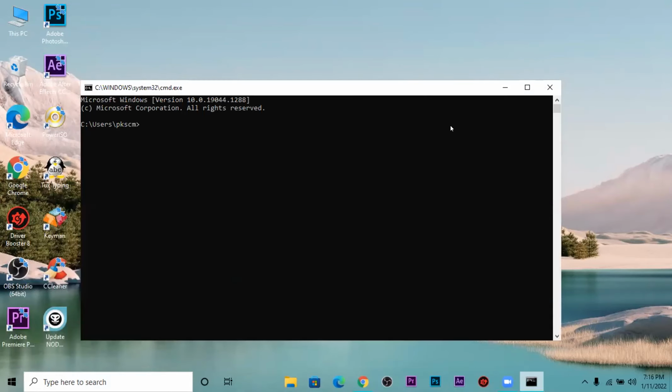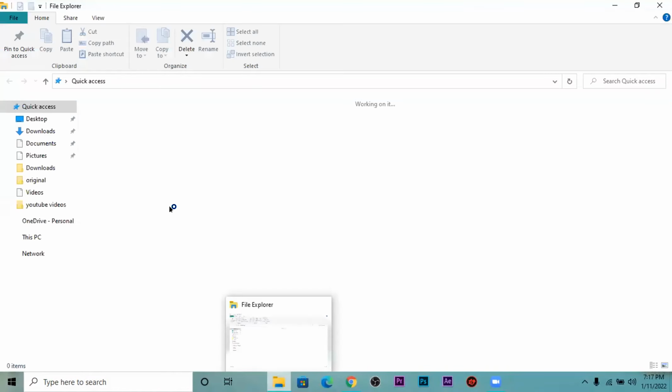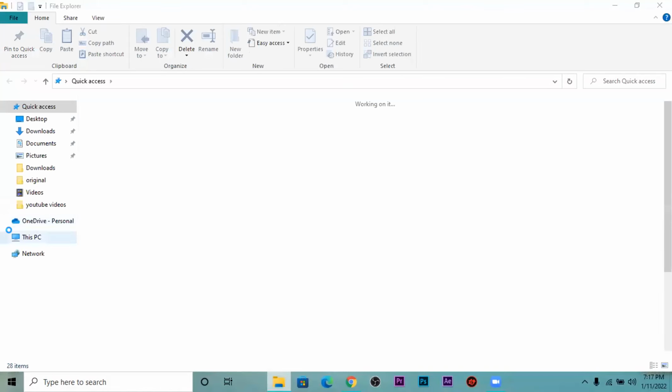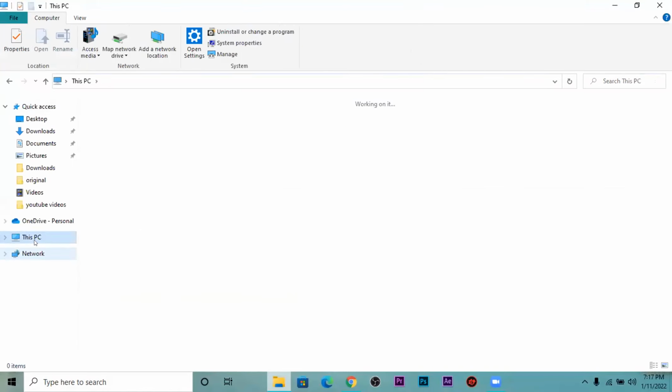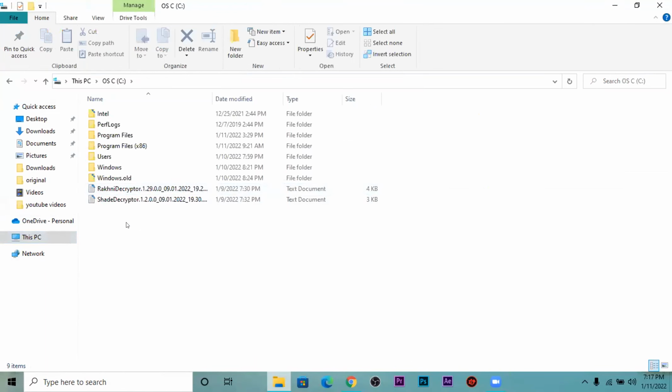Method number 3: you can open the File Explorer with the Windows key and E key, or you can click on that yellow color icon. You will see this. Then you can go to any location that you like. Let's go to the C drive, Pute. Double click on C and go there. Then go to the address bar. Do you know where the address bar is? The address bar is where the address of the location is typed.